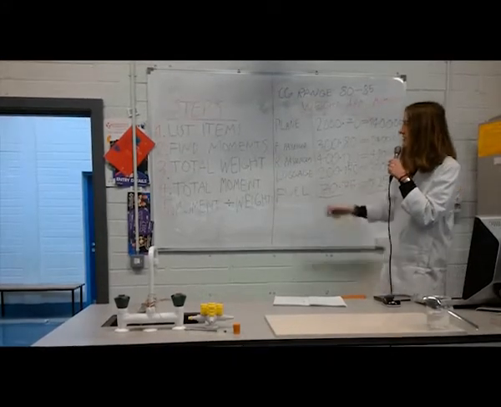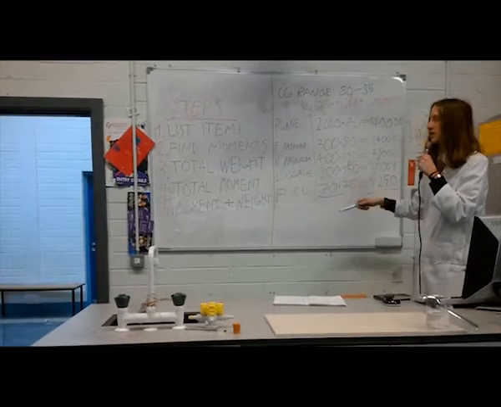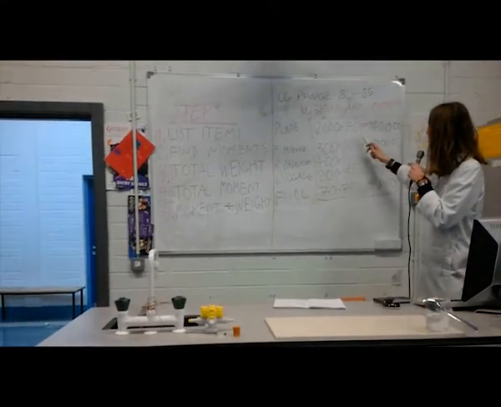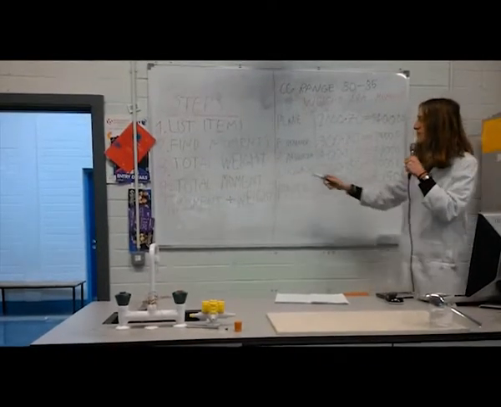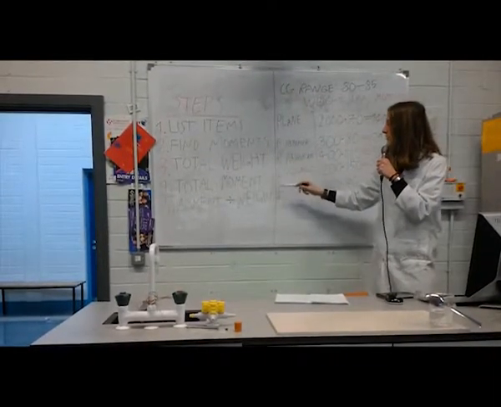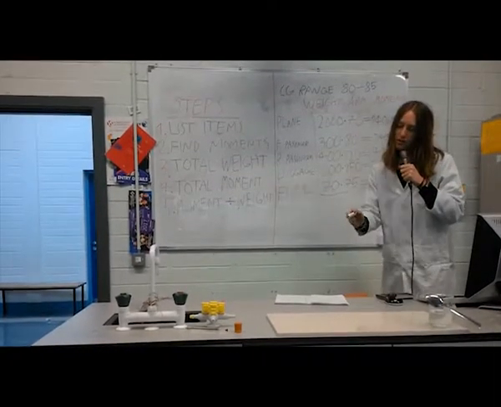So once we have that, we need to find the moments of everything, and the moment, as we know, is just the weight multiplied by the arm. So we multiply the weight by the arm, and we get the moment for each of the items on the list. Then we define the total weight and the total moments. So we add up all of the weights here,